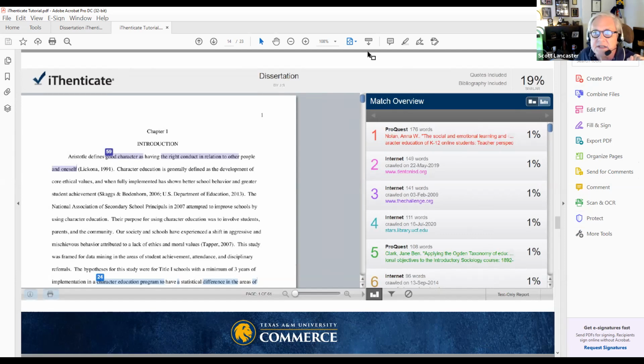And this one has a number of matches, but they're going to be in order of the biggest matches, down in size order, down to the smaller matches. So you'll say we started with this match of 176 words, and then it goes down further. And we'll look more closely at this one in a minute.